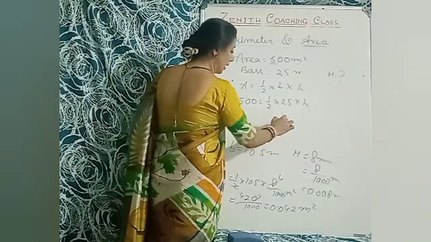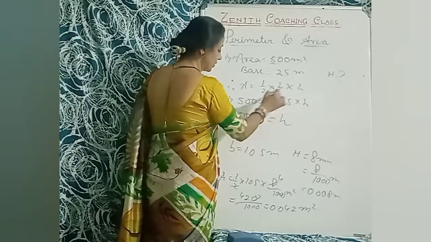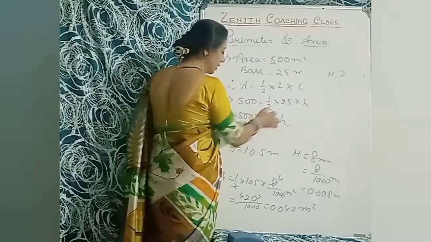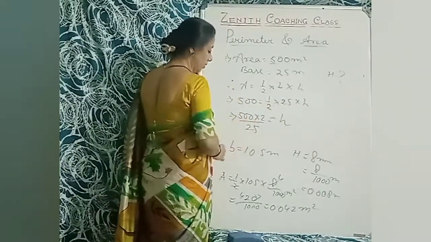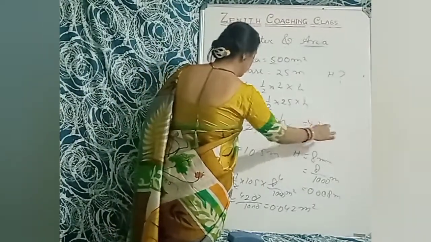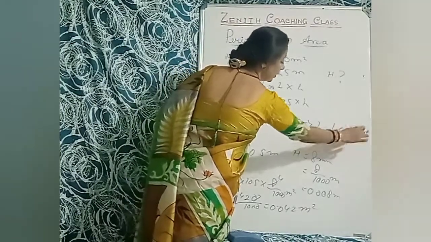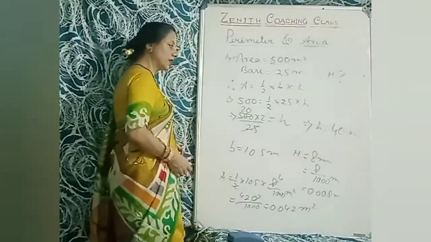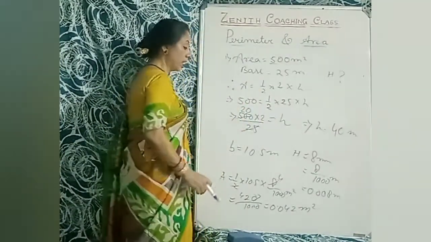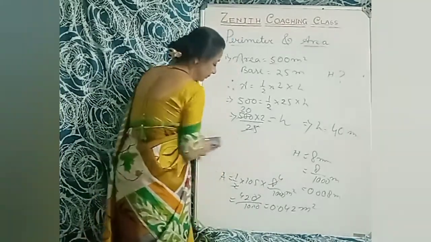So height equals 500. The 2 is in division here, so it is multiplied, just the reciprocal. And 25 is multiplied here, so it is divided. Okay, so 25 into 500 is 20. So height equals 20 multiplied by 2 equals 40 meter. Understood? If I ask you to take out height, this is the same formula. You will just put the value here. And if I ask about base, what to do?